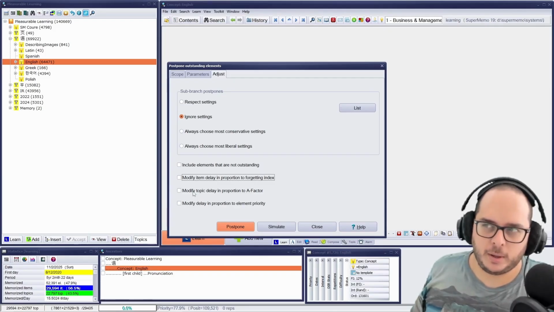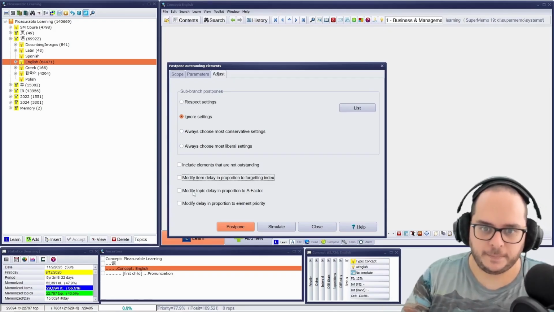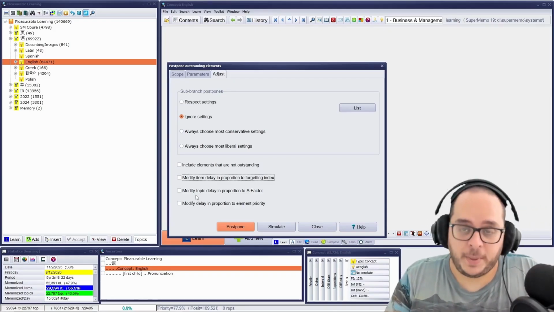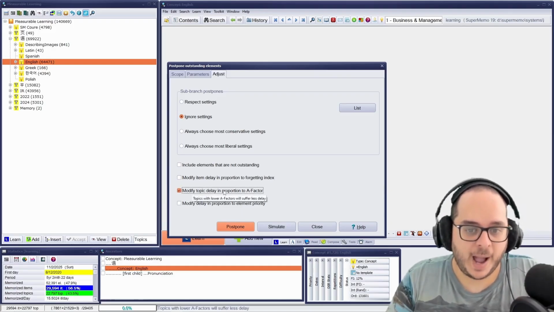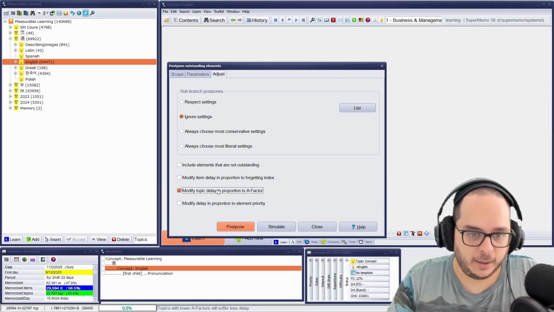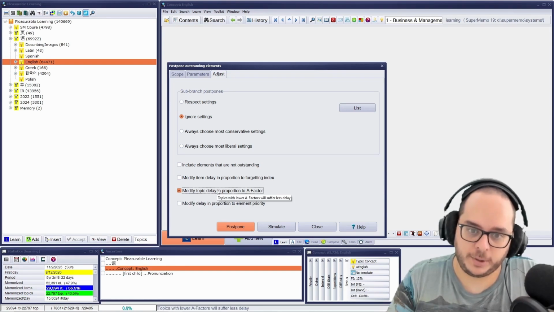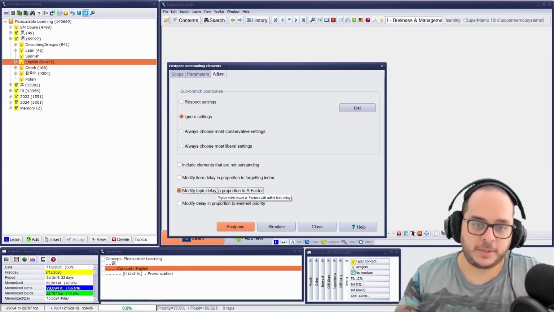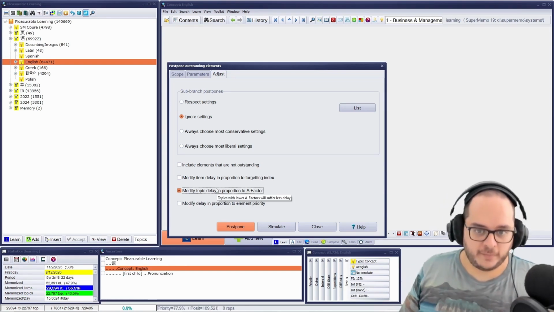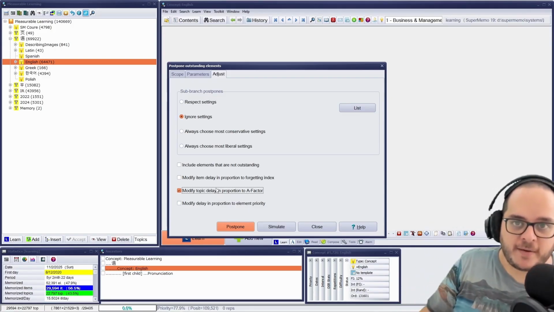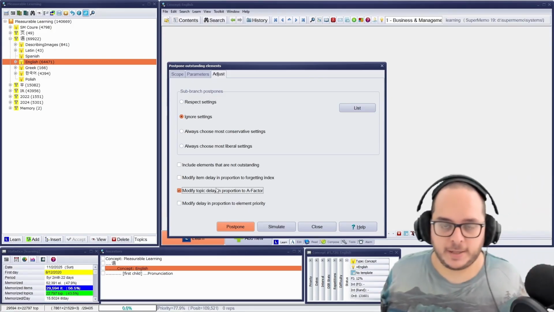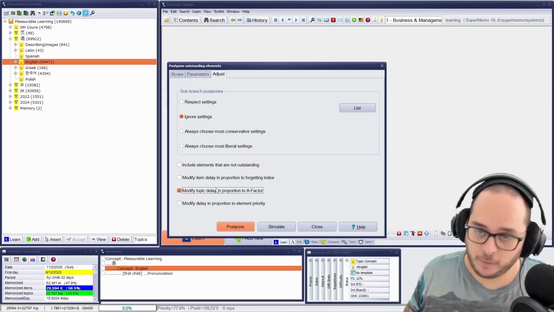But SuperMemo 17 already didn't use it. But for topics, it's what you will use instead. That means that the higher the A factor, the higher the delay. You have this in proportion. Or the opposite: topics with lower A factors will suffer less delay. So you use the A factor more or less as a magnifier, if you want that.